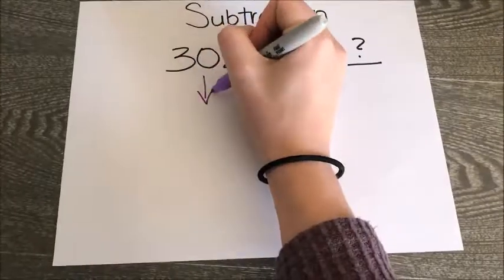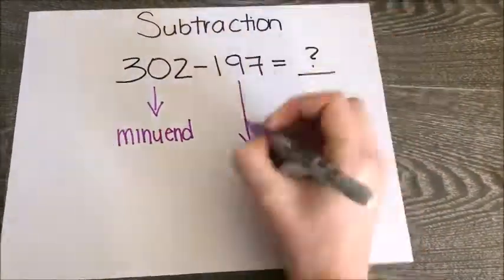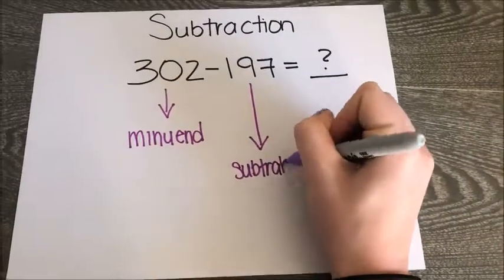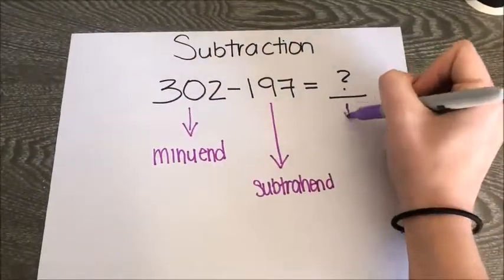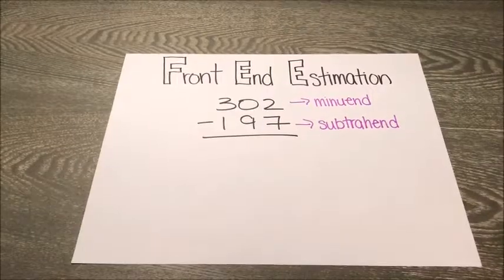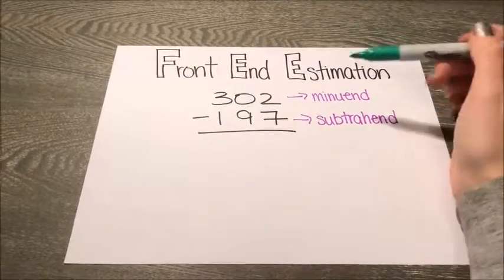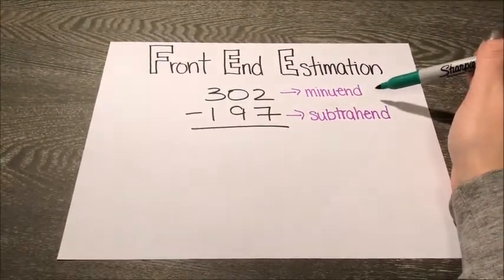I'll be working with the equation 302 minus 197. 302 is called the minuend, 197 is referred to as the subtrahend, and our answer is referred to as the difference. So we'll be working with the method called front-end estimation, keeping in mind that 302 is our minuend and